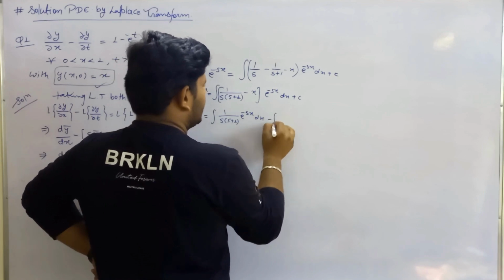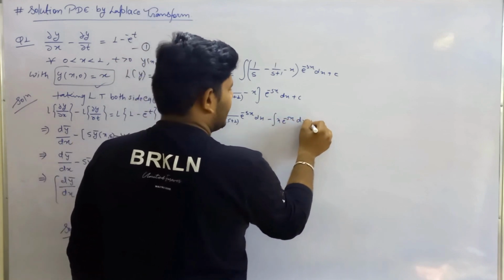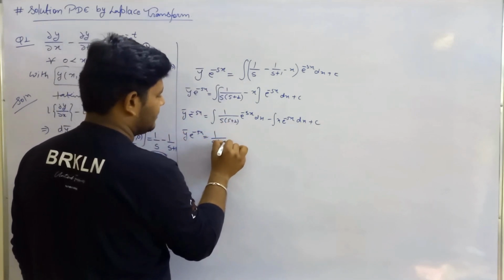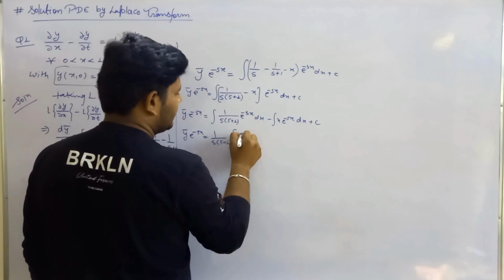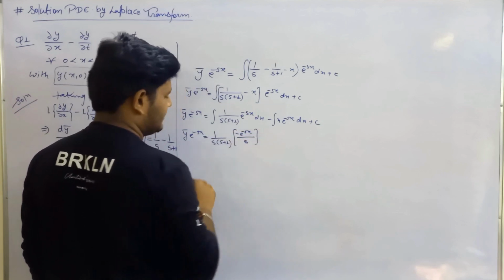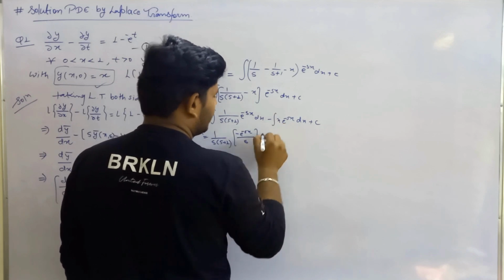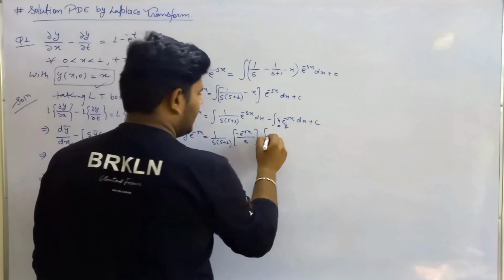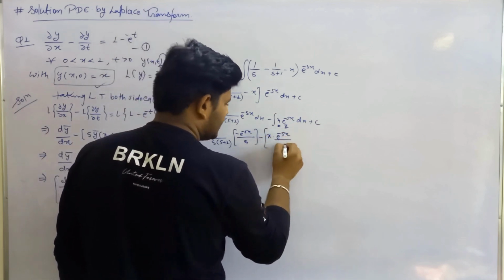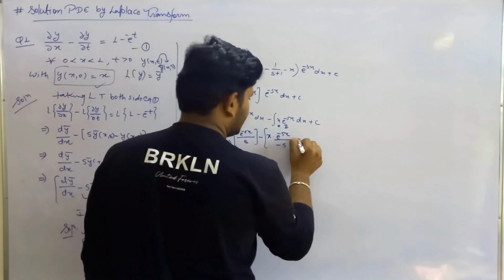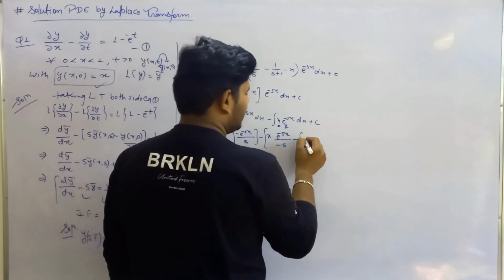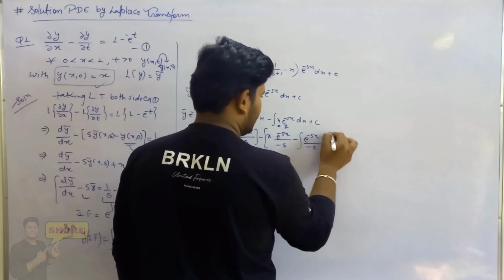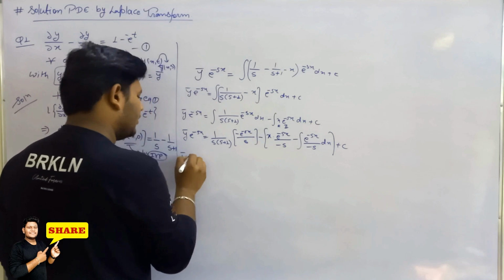And it will be the minus of x e to the power minus x dx plus c, and y bar e to the power minus x, it is constant, 1 upon s plus 1, and the integration of this is nothing but e to the power minus x over s. Okay, and the integration of this is nothing but x, this is first, this is second, by using Euler formula, x into e to the power minus sx upon s, and this will be the minus, and the derivative of this term is this, and again e to the power minus sx over minus s dx plus c, and again solving this